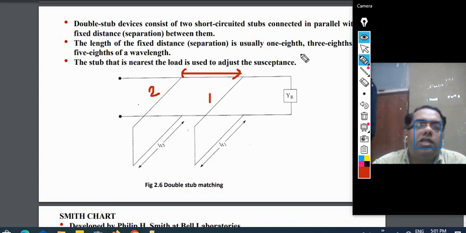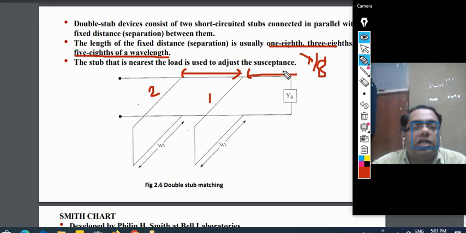Typically we take lambda by 8. So usually it is 1/8, 3/8 or 5/8 of a wavelength, this distance between two stubs. And from the load end we can put it at any arbitrary distance, there is no restriction, anywhere we can place it. Actually the idea for the stub is that at the input of the second stub, because this is the source end,